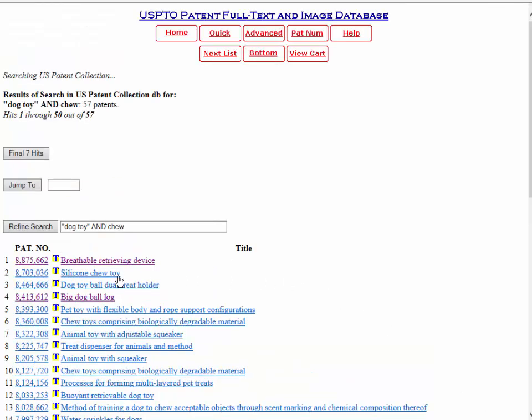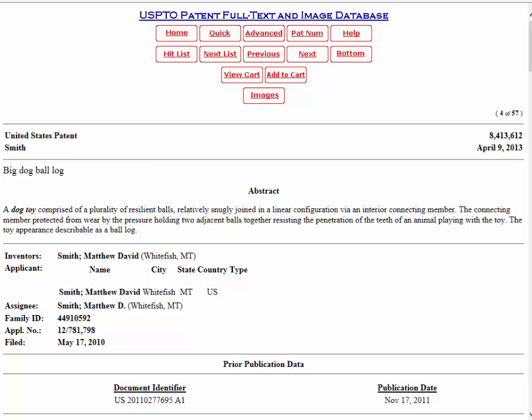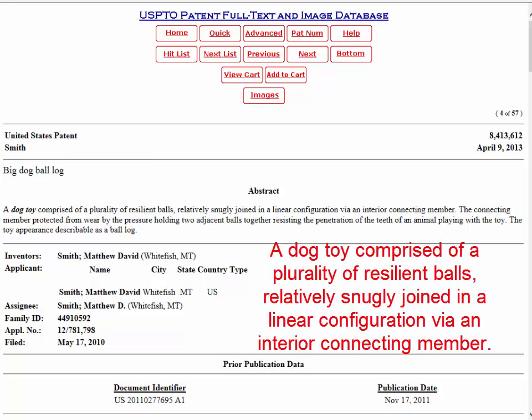Let's take a look at the big dog ball log. Sounds like one of those tongue twisters. Just to give you an idea of what we're looking for here and what we're finding. Now we're at the beginning page of the patent. You can see that the abstract is written in, well, kind of abstract language.